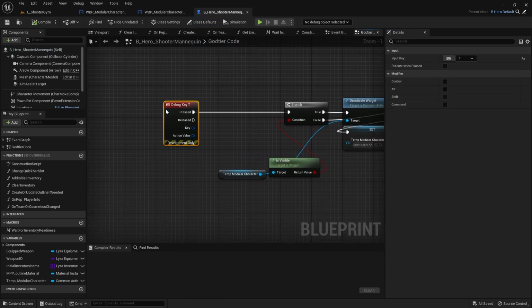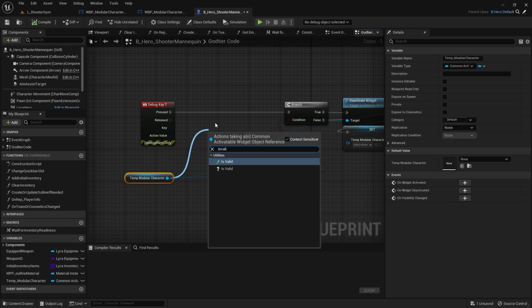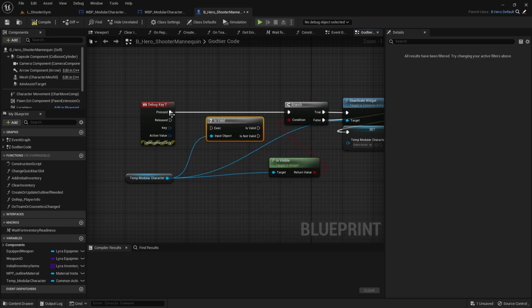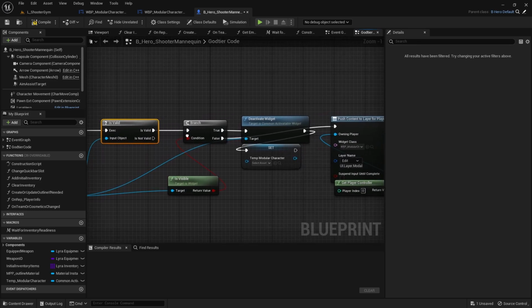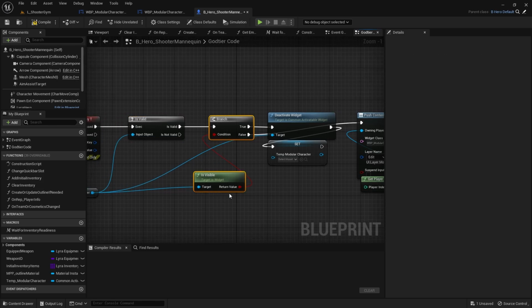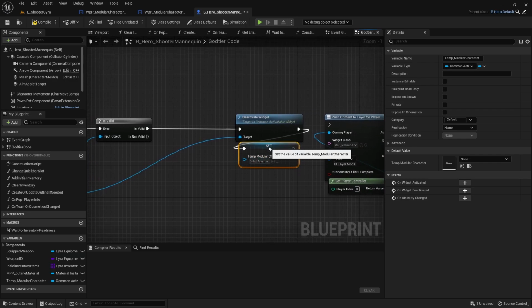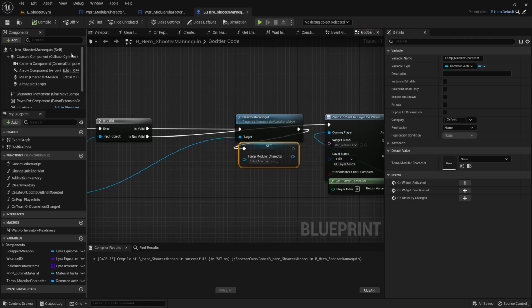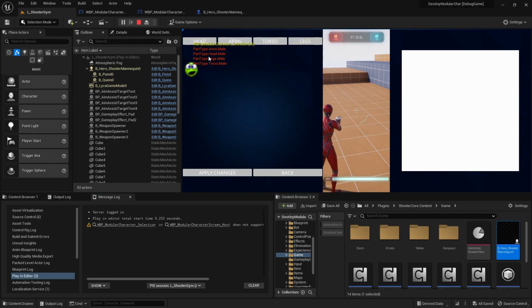Okay, so first, let's check if this is valid, just because that's getting annoying. If it is valid, that means obviously it's been created. So realistically, we don't need to do this. Just check if it's valid. If it's valid, deactivate it, set it to null pointer. If it's not valid, do this little optimization. You dig? All right, if we press play again, if I press T here, you'll see that everything works as expected,